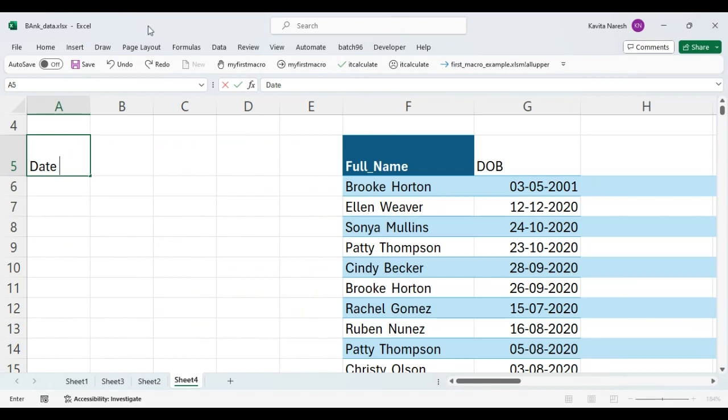I'm only giving here the explanation of those functions which are very much used in our field. There is no need to learn every function. So many functions are there. Okay, so the date category we completed. Now